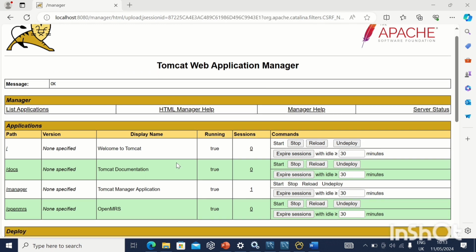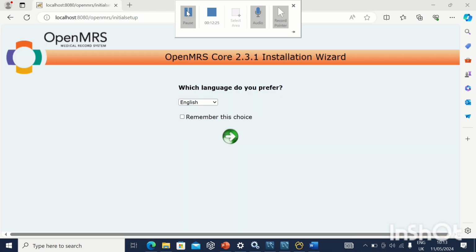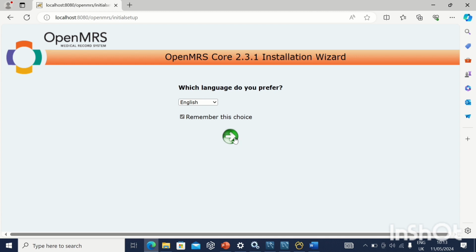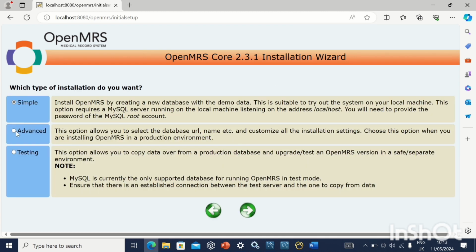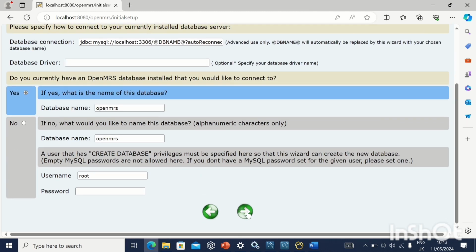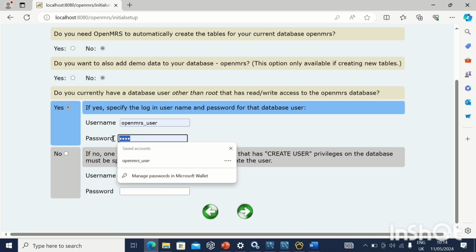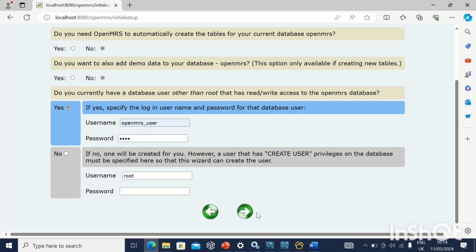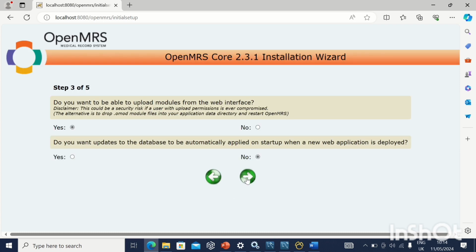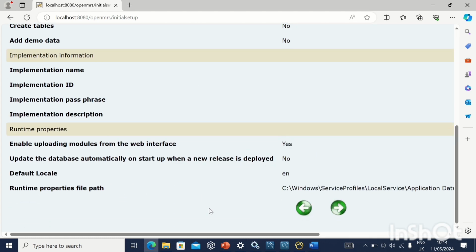Alright, so this is successful. I'll just go down here and double click on openmrs and do the rest of the configuration. So I'll select this to remember these choices, click next. It's advanced setup, I'm doing click next. I'll just click next here and input, of course, username and password, which should be root, R-O-O-T, in small letters, fine, and I'll click next, and next, and next, and copy the URL at this point,